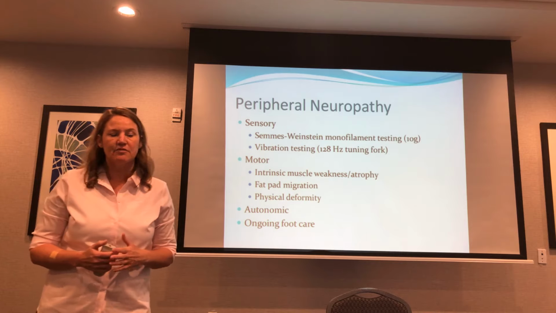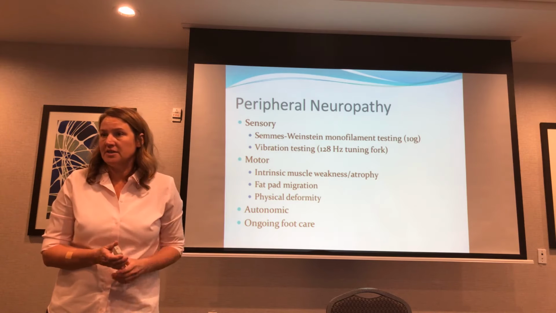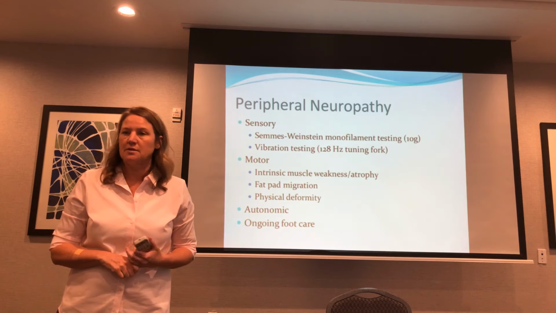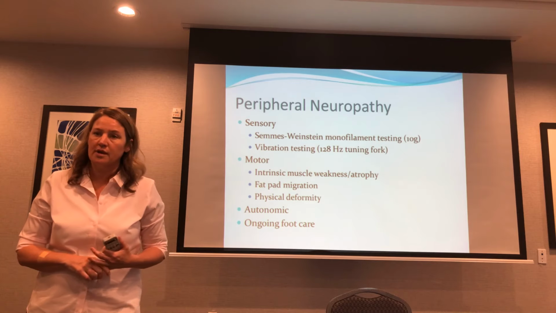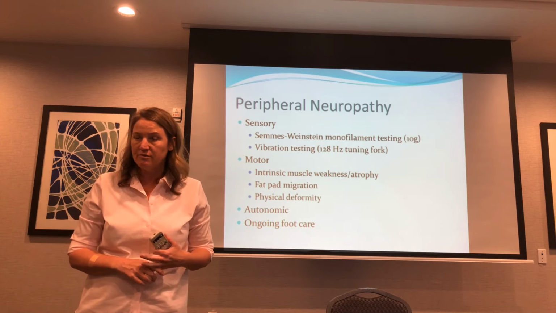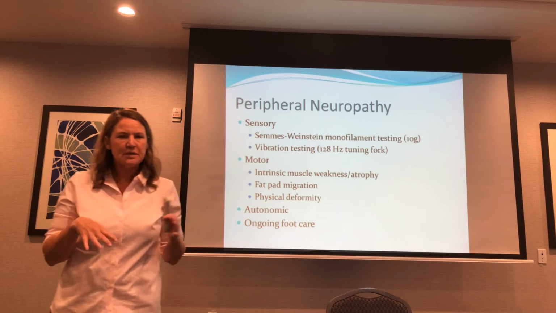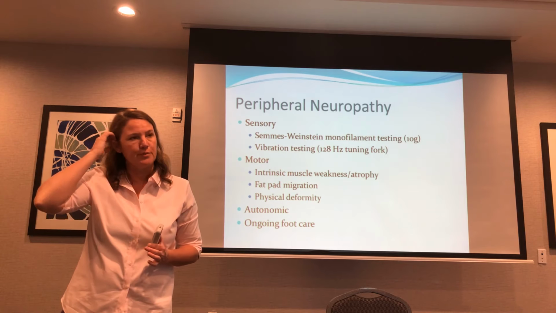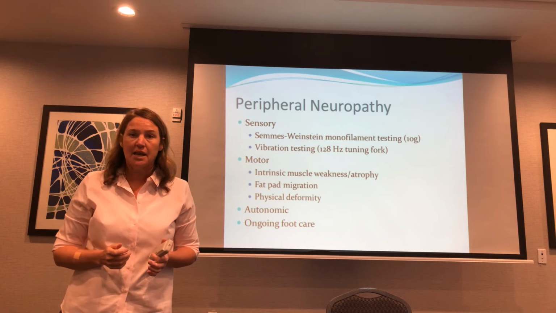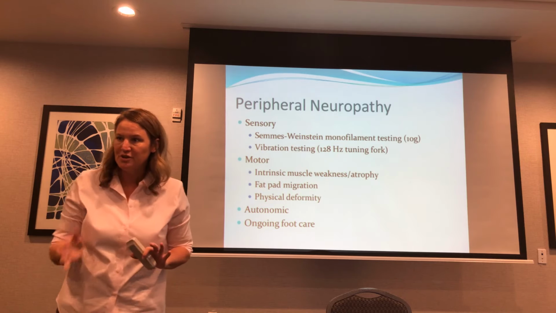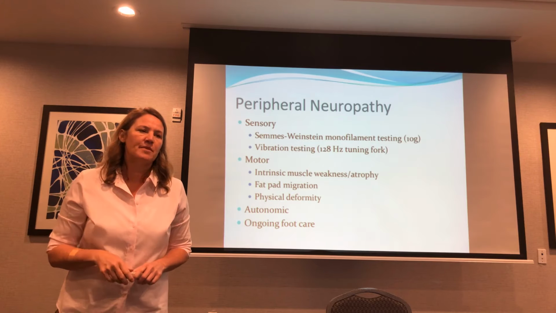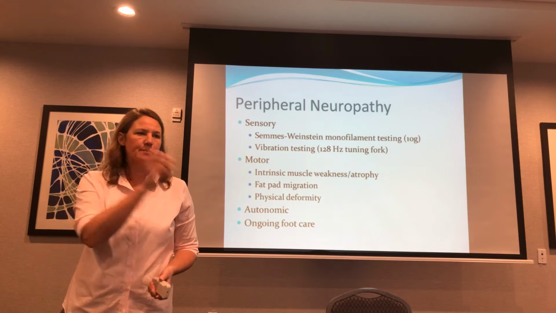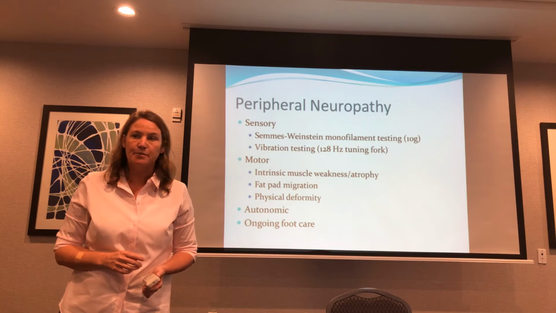To test somebody for sensory neuropathy, you can do a preliminary test just by touching their foot and testing their sensation. But using Semmes-Weinstein monofilaments, specifically the 10 gram, is more of an objective measure that you can use. There's a program called the LEAP program, L-E-A-P. There are a lot of different LEAP programs when you go to look for it, but look for limb amputation prevention, because it stands for lower extremity amputation prevention.